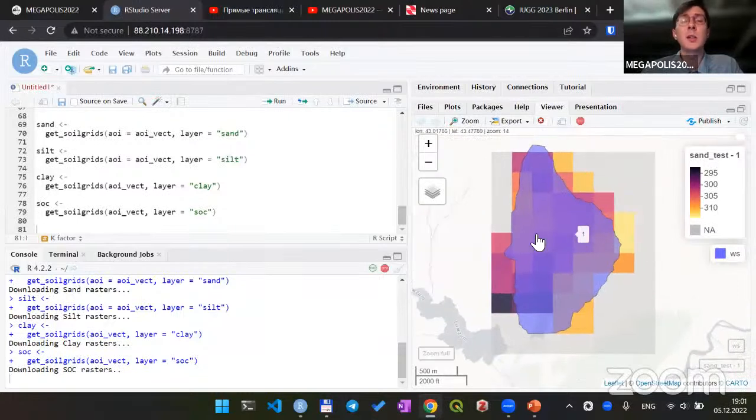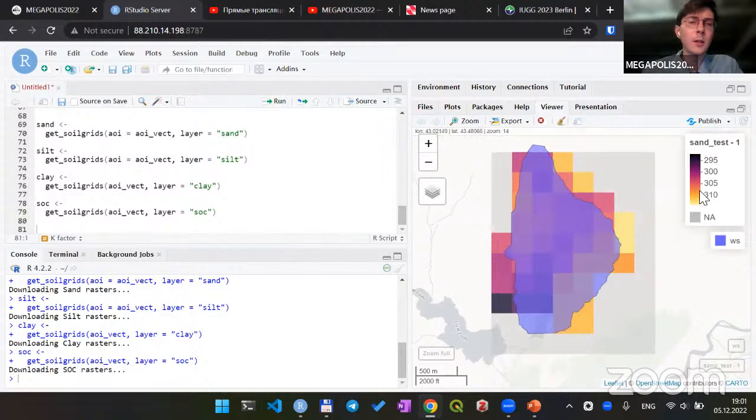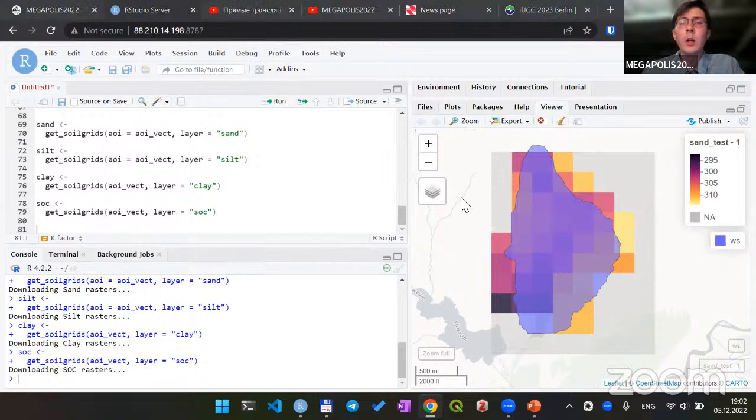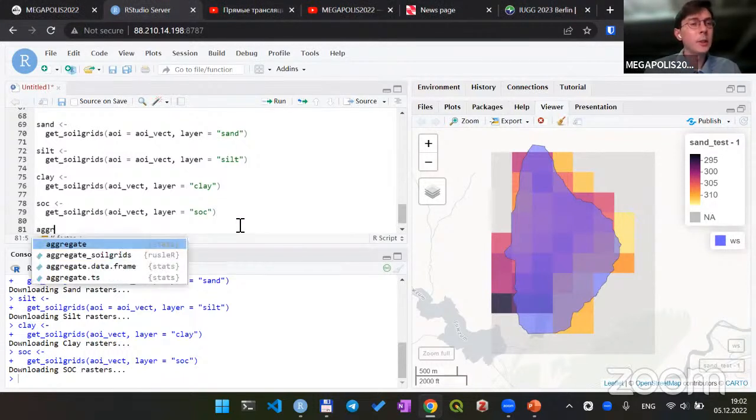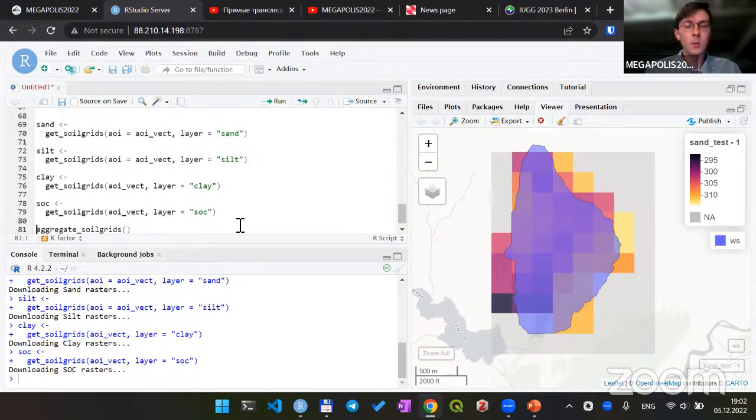That's because it is stored in, I don't remember, but I guess this is thousands of percent, and we actually need the percentage of sand in the soil profile. Therefore, we need to divide it, or we can use a function aggregate soil grids, again from the Rassler package,